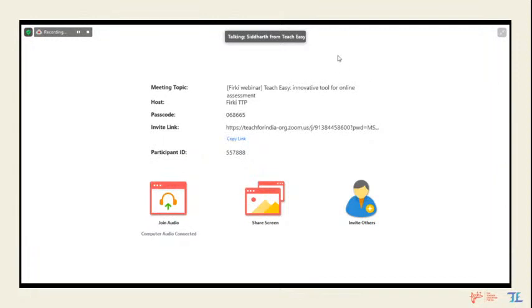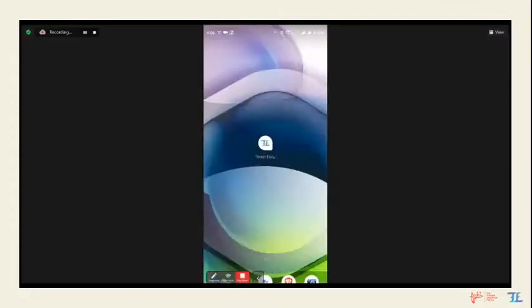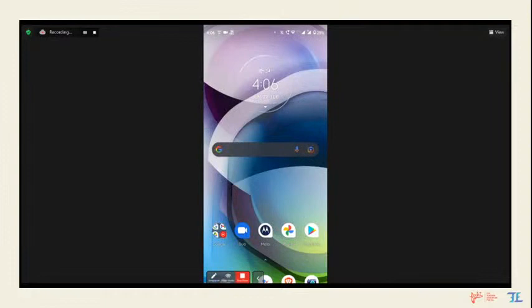From our poll results, approximately 70% of teacher attendees here are joining by mobile, and that's great because Ttz works on mobile as well. And 30% are joining from laptop and PC, which means we'll also do a demo of that. So let's start with the demo of Ttz. Let me share my screen from my mobile app. We'll first do the demo of how Ttz works on mobile, and then we'll look at how Ttz works on desktop, right?